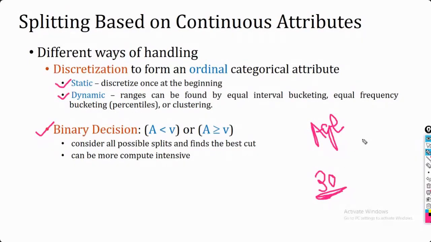What does the threshold criterion do? If the value is less than or equal to 30, then I'm going to be on this side, and if it is greater than 30, then I'm going to be on that side. So as you can see, I have converted this continuous attribute into a binary form. I'm using this V, which I need to decide, and in order to select V we need to perform some kind of experiment. I can't just randomly set it.